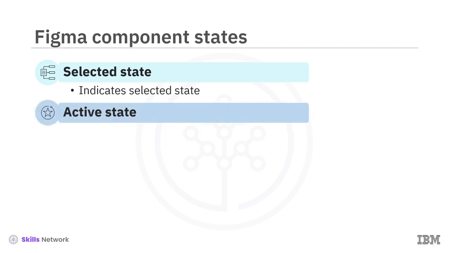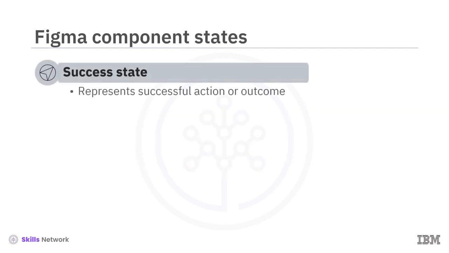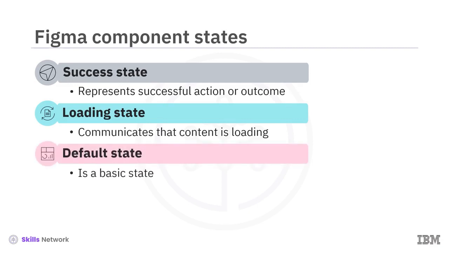The active state of a component is activated when the user clicks on it, which typically changes the component's appearance. The error state represents that a component has an error or is incorrect. The success state is the visual representation of a successful action or outcome, such as completing a task or submitting a form. The loading state communicates to users that content is loading and that they should wait until it is complete. The default state is the basic state of a component, which is what it looks like when there is